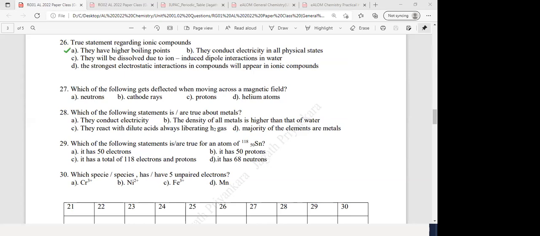A correct. B wrong, because of all three physical states. So you can write here within brackets why it is wrong: solid state, solid doesn't conduct electricity. Solid form of any ionic compound cannot conduct electricity. Then C will be,